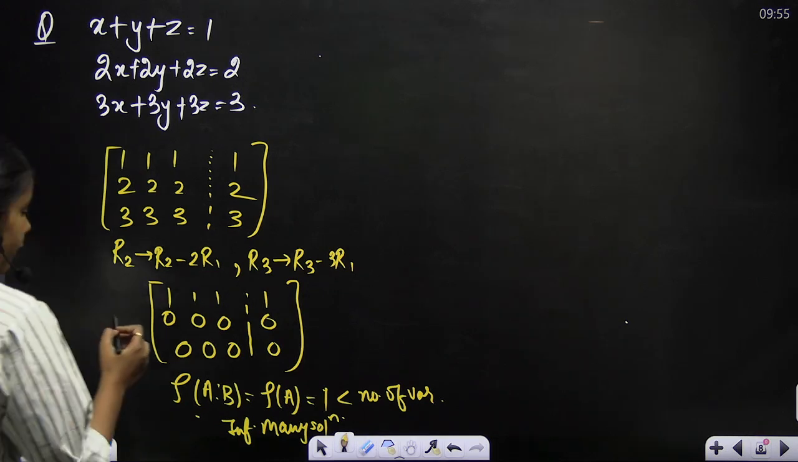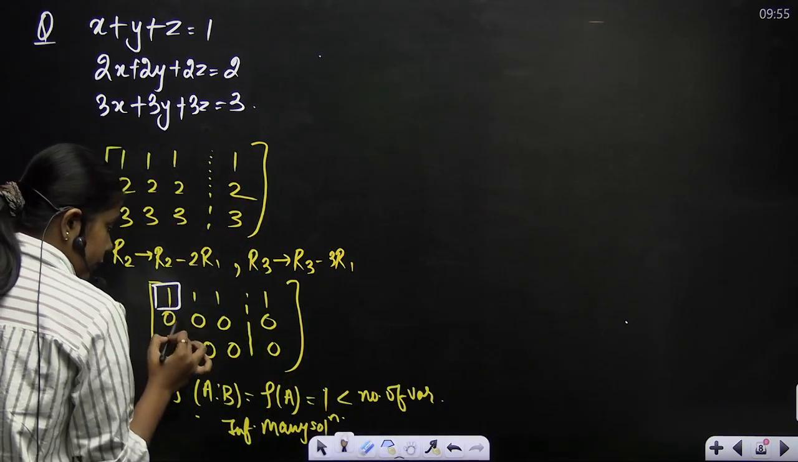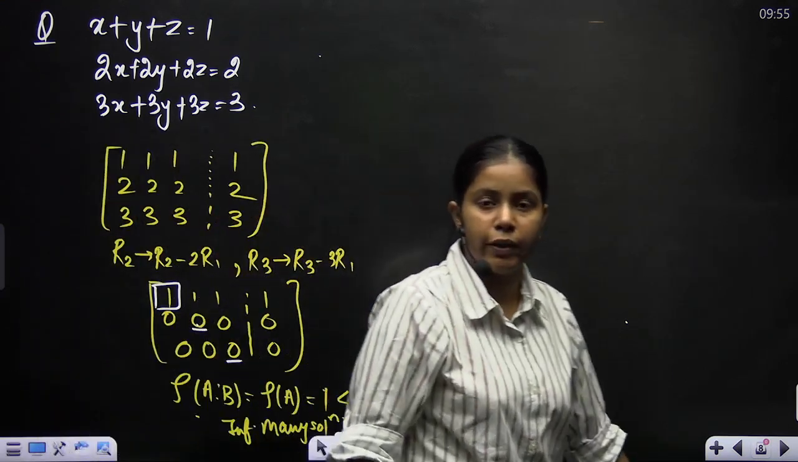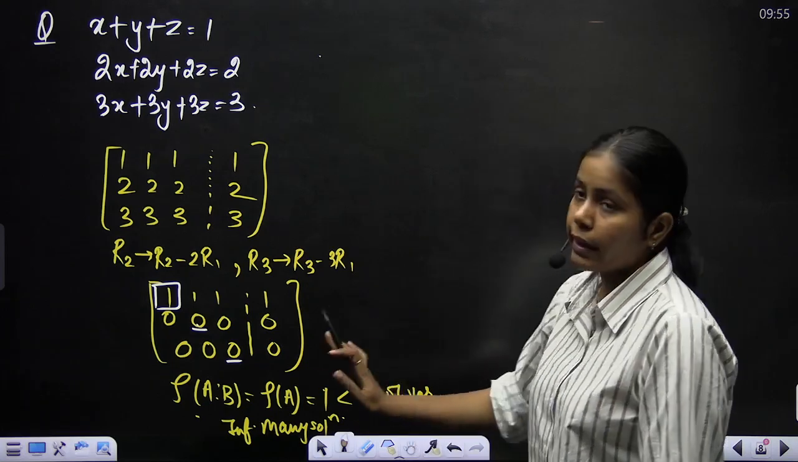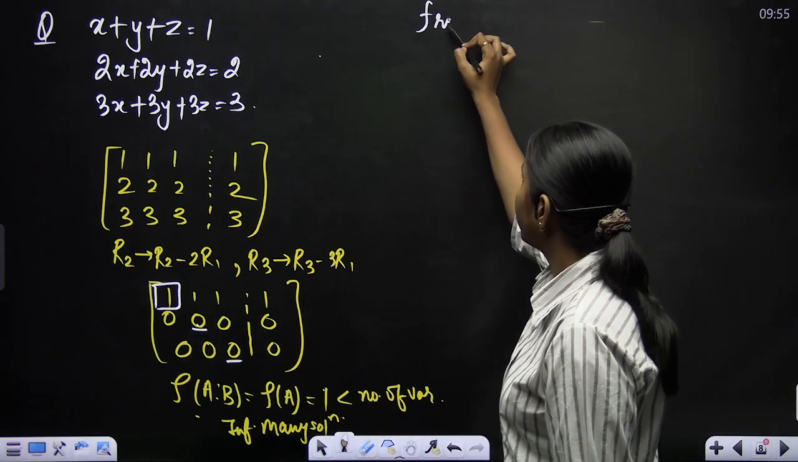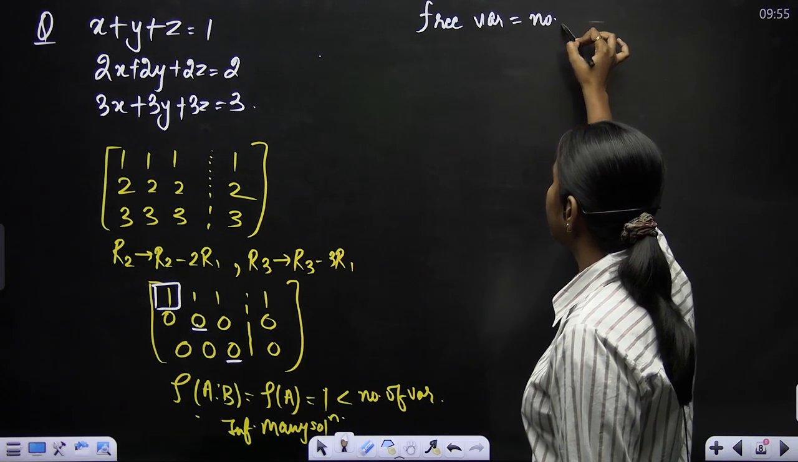Now we have a pivot entry here, but not here and not here. It is a non-zero value. We have a 0 value at the position of Y and Z. So either I can say directly that Y and Z are free variables, or I can find out by the free variable definition. Free variable is the number of variables